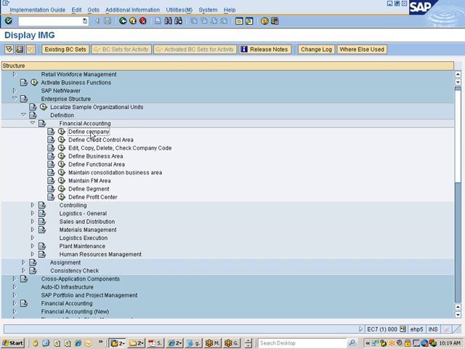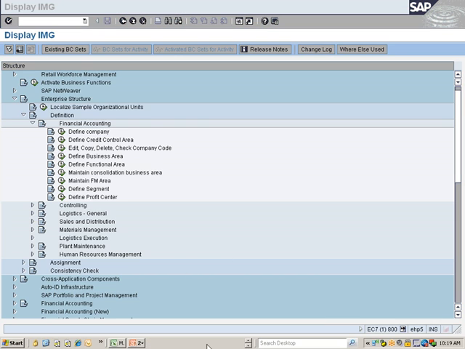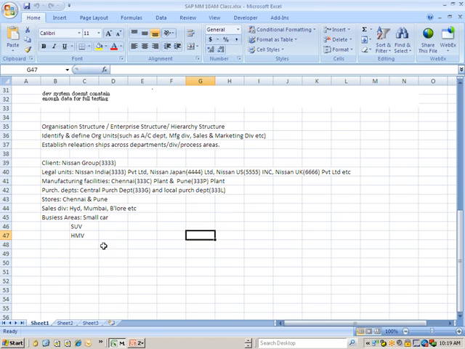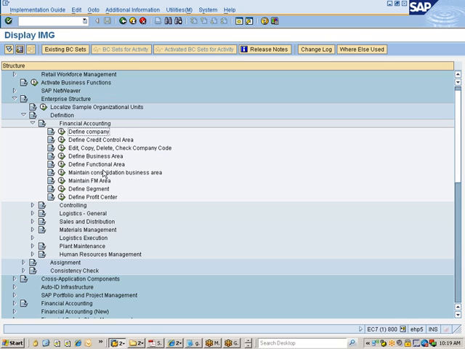So let's go with define company. You see here a company in SAP terminology is brand in the physical sense. Okay, so now what we have decided, we thought of setting up Nissan, right? So this Nissan group is called as company in SAP terminology. So now wherever you see this timer icon, this is called execute. So when you go with this,